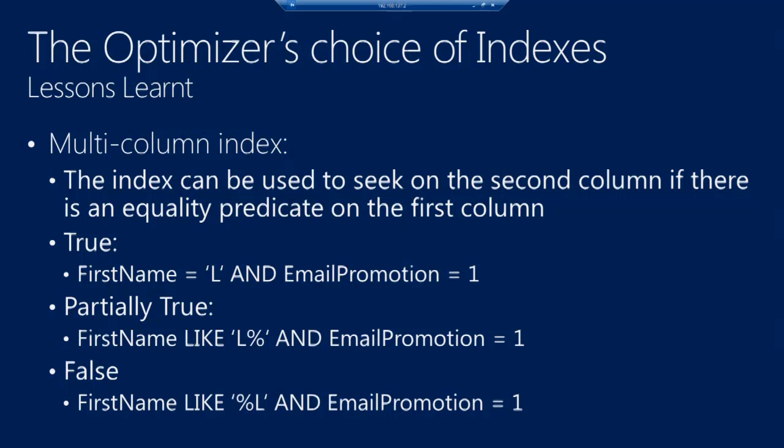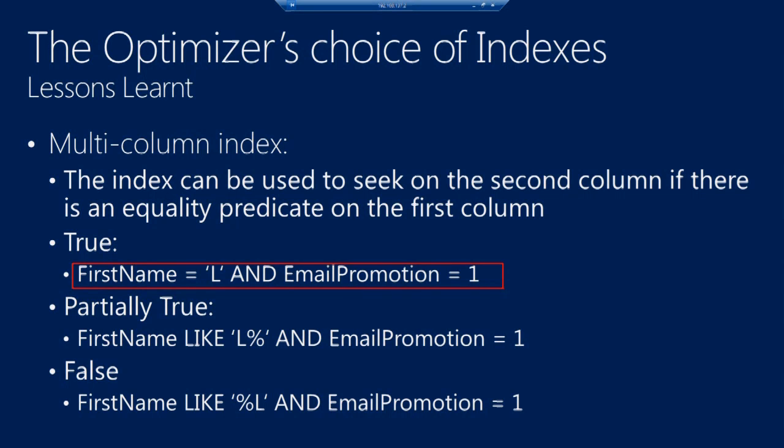A very less known fact about the optimizer and its choice of indexes. So the index, I repeat, can be used to seek on the second column if there is an equality predicate on the first column. Or to put it in other words, if there were 3 columns, it can seek on the third column only if there are equality conditions on all the previous columns. That's the point. So if you look at the first example here,